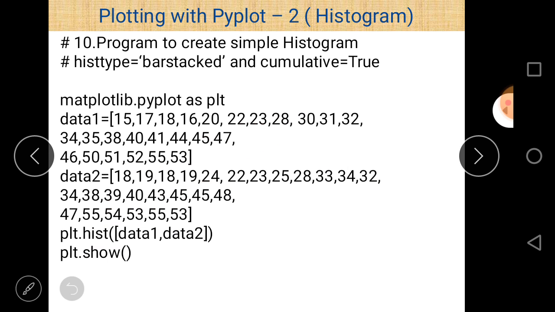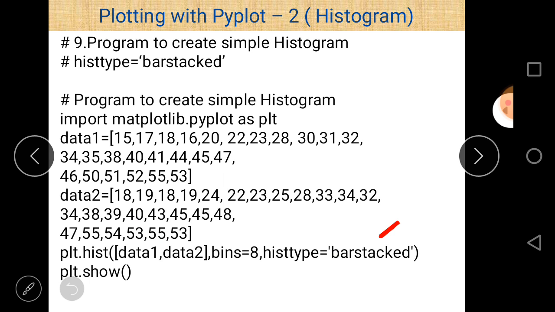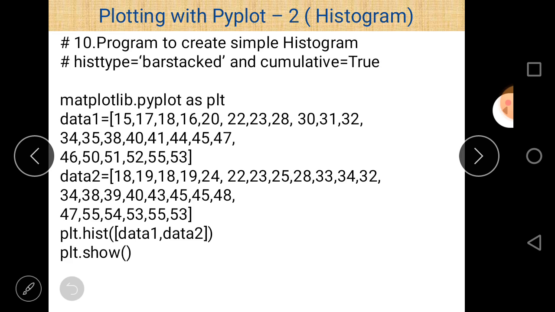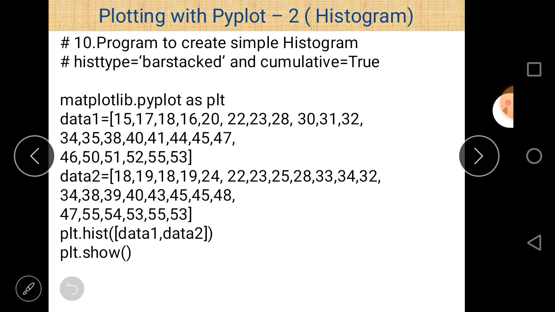If you make a single change here, after that cumulative is equal to true, the output looks like this. So these are the programs related to histogram.